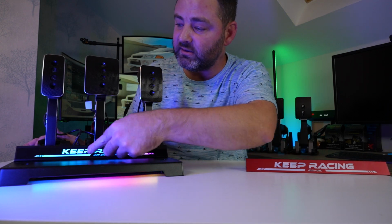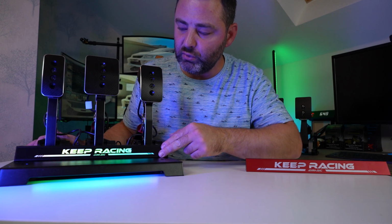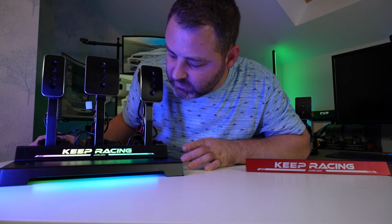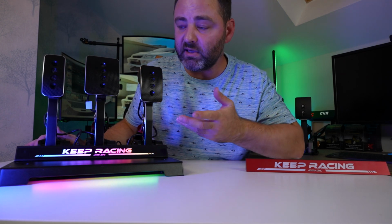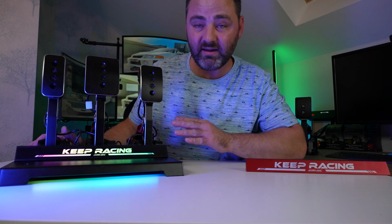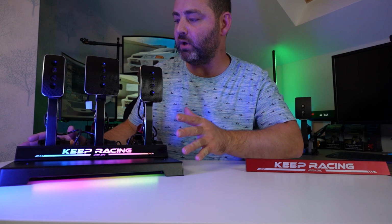I actually thought that my heel and my shoes and stuff would start to scratch this glass over here, but it has not. There's not a single scratch on it. Some smudge marks from my fingers now, but overall it kept up really well. So yeah,